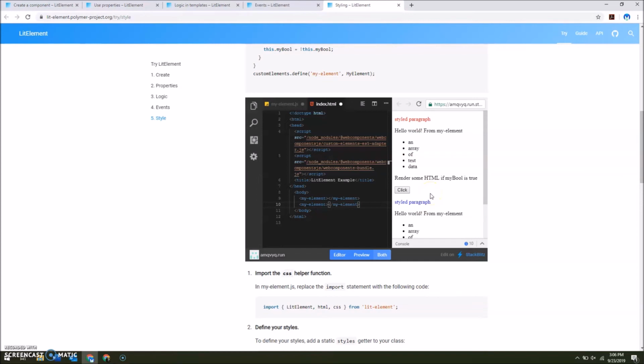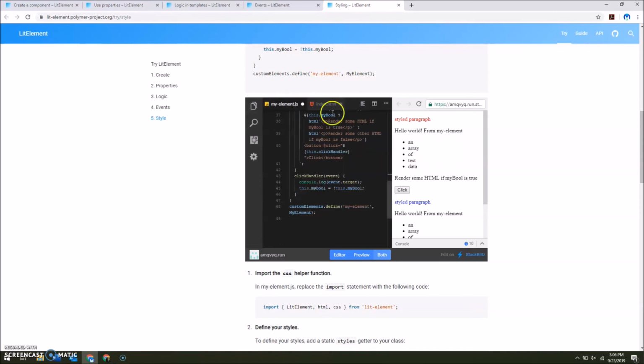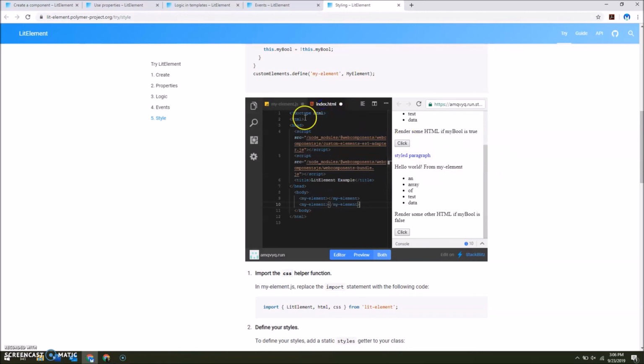So yeah, LitElement's definitely useful for just web components. It's really great for interactivity, as we saw here. It's really opened my eyes to just what you can do, on a very simple scale, very quickly with JavaScript to improve your HTML and your page that you're creating. And it's a great interactive code tool that you can use